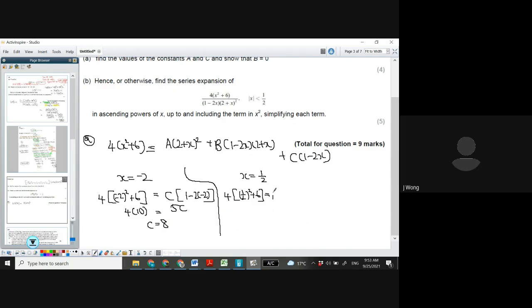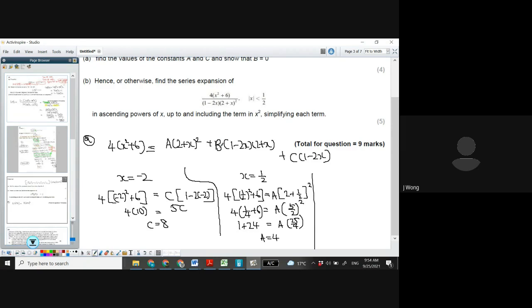So you have a bracket 2 plus a half bracket squared. So you will have 4 times a quarter plus 6. And on the other side, you have 5 over 2 squared. So you have 1 plus 24. And you have 25 over 4. So you have a just as 4 because on the left you have 25. With that, then you could